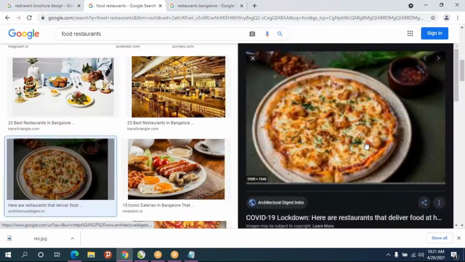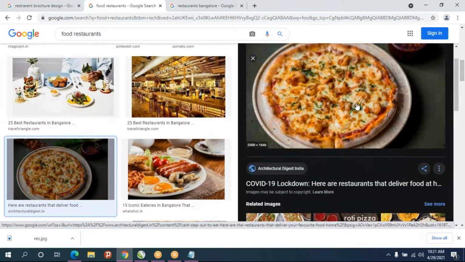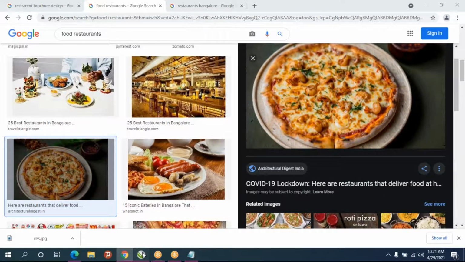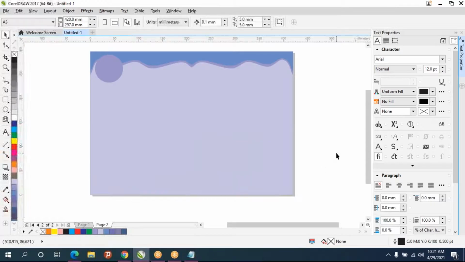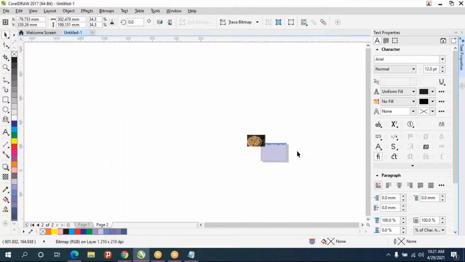So example like this, you can put some photos. You can do copy image also. Directly you can come to CorelDRAW. Then you can do paste, Control V. Then reduce the size.